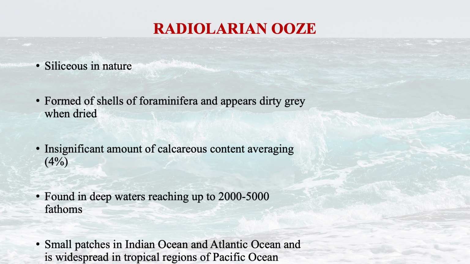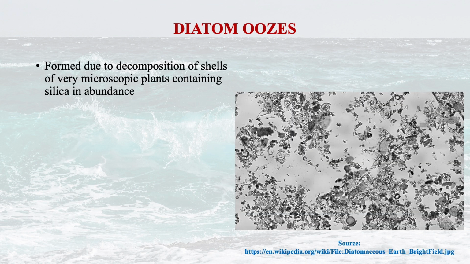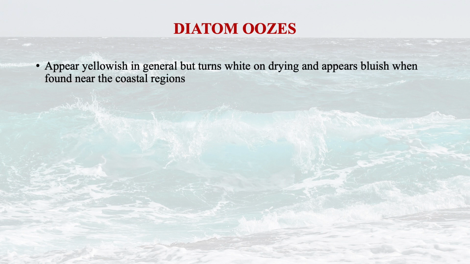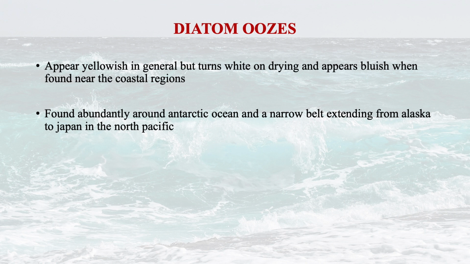Now, diatom oozes are formed due to decomposition of shells of various microscopic plants containing silica in abundance. They are also found at depths ranging from 2000 to about 4000 fathoms. They appear yellowish in general but turn white on drying, and appear bluish when found near the coastal regions. They are found abundantly around the Antarctic Ocean and a narrow belt extending from Alaska to Japan in the